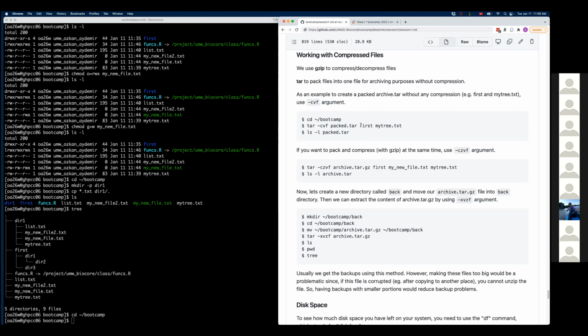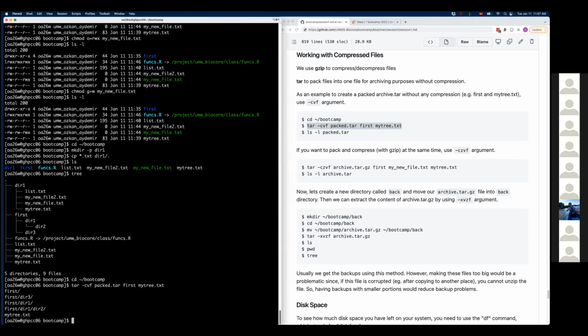F means create this file, and after that we can list whatever files we want to be packed in it. Because we used the V flag, it told us what it did.